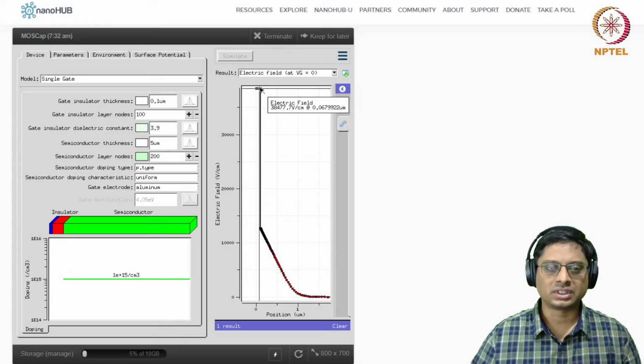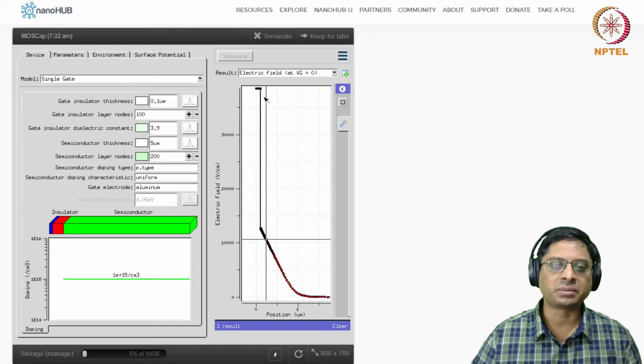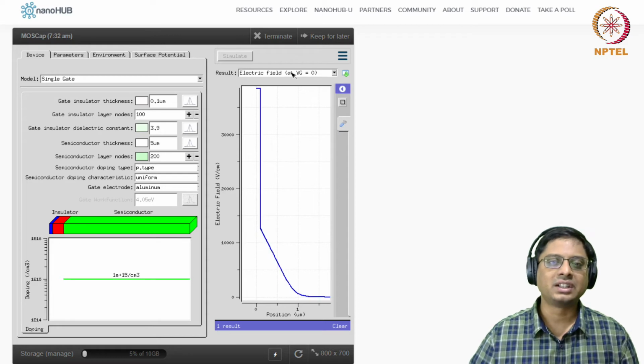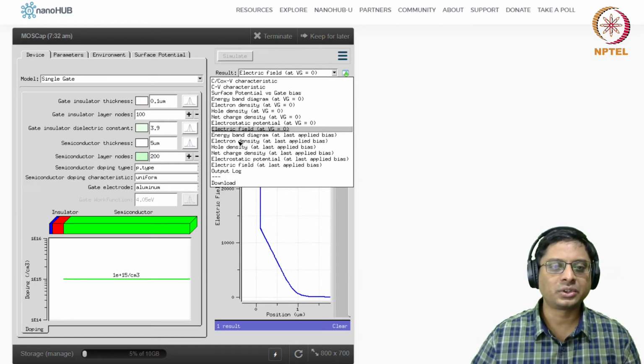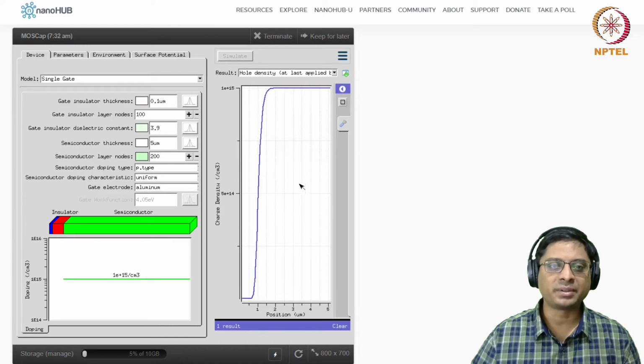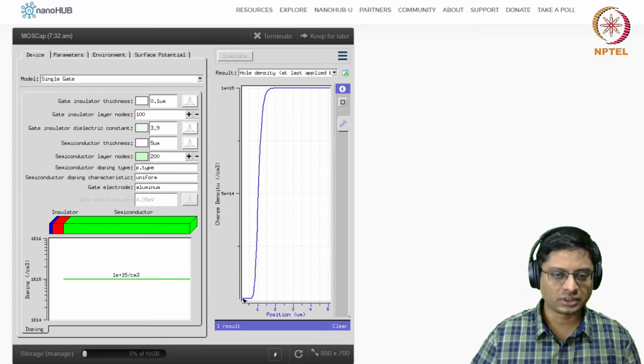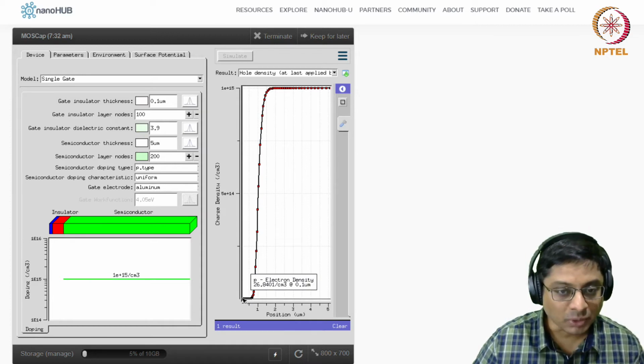Okay, so this is how we explain why this jump should come about: because of boundary conditions, Gauss law, right? And you can also look at the hole density. It's a p-type semiconductor, so the hole density was supposed to be 10 power 15, but it turns out that from 0 there is, okay, so 0 is here, 0.1 micron, right?